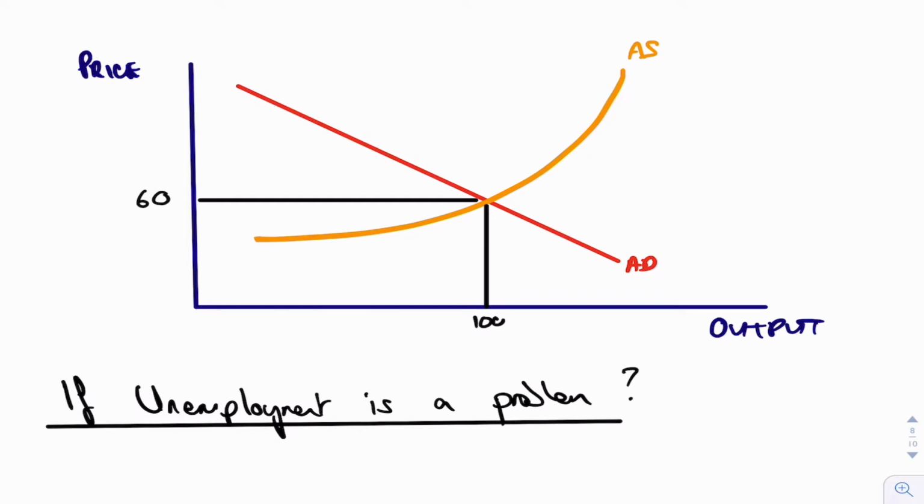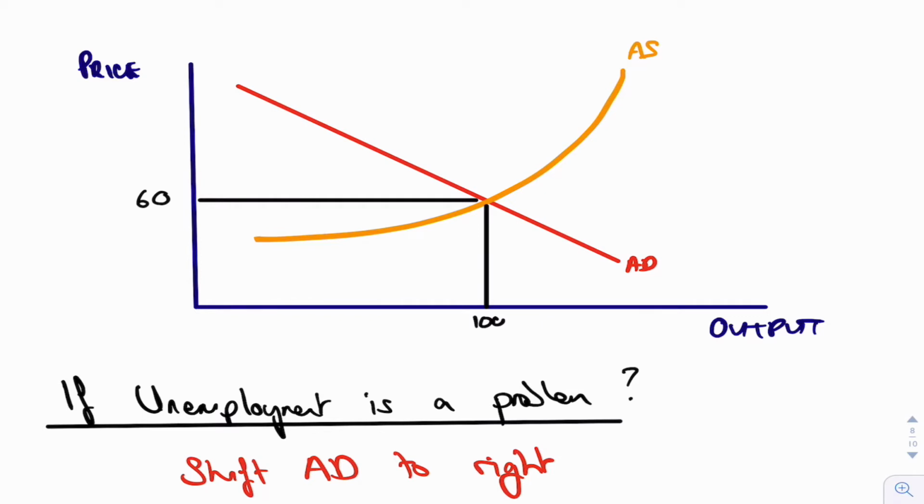Alright, so here we have our little diagram again with aggregate demand and aggregate supply, and you can see again that the equilibrium there is output of 100 and price of 60. So if unemployment is a problem, then we need to get more output. So can you see, to get more output, what we could do is push the aggregate demand to the right